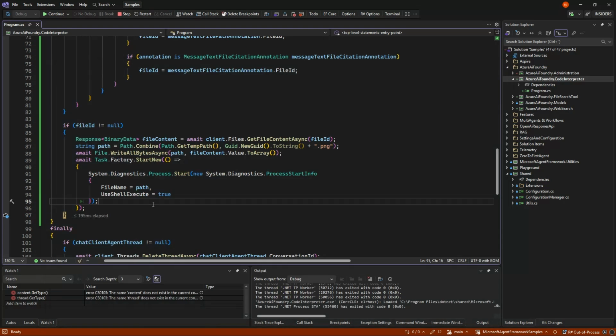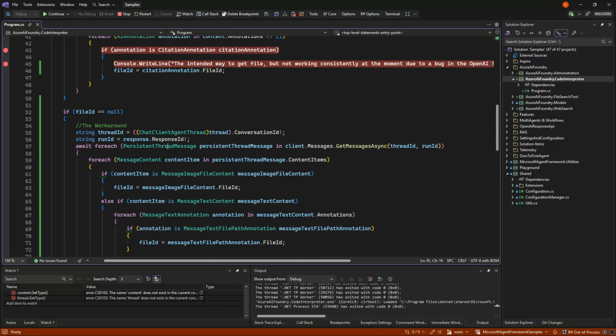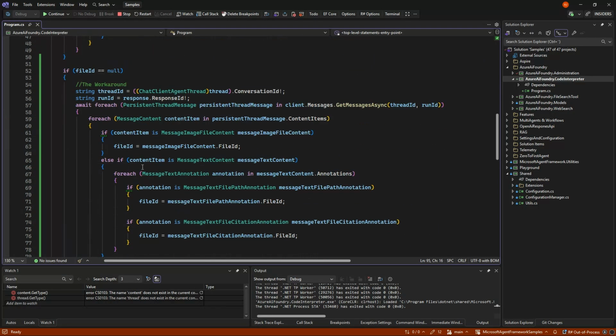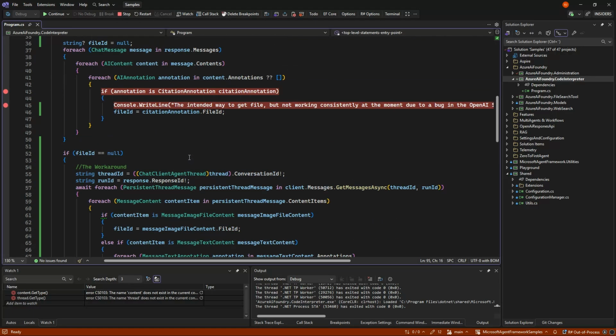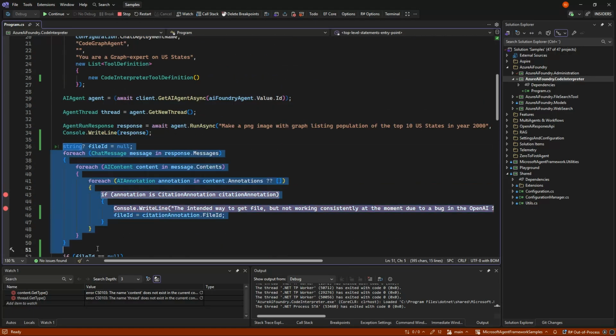So it is possible. It's damn difficult to get this ID, but with this sample, you at least have the 4 different ways you can get those IDs. And if you pack that away, it's okay. Hopefully at some point this will be consistent, so it happens all the time.